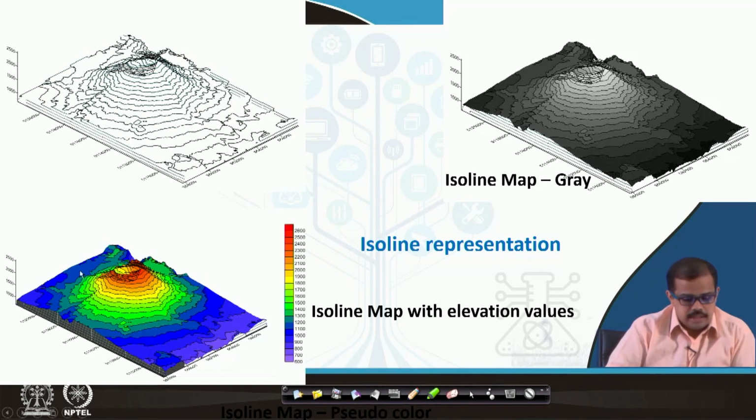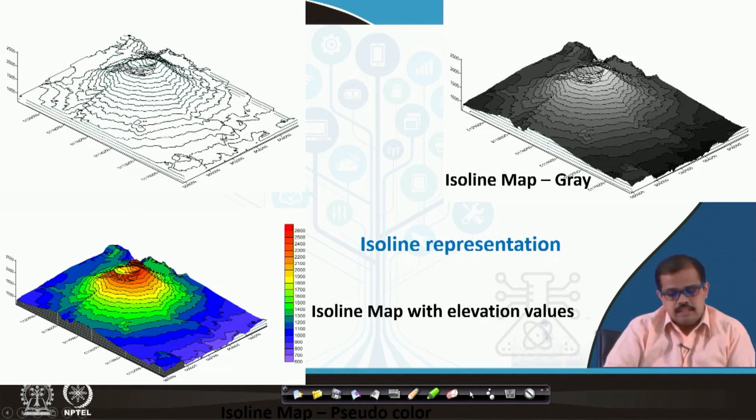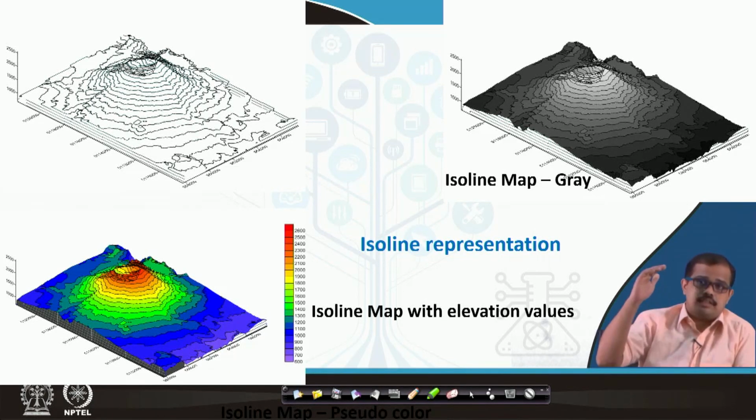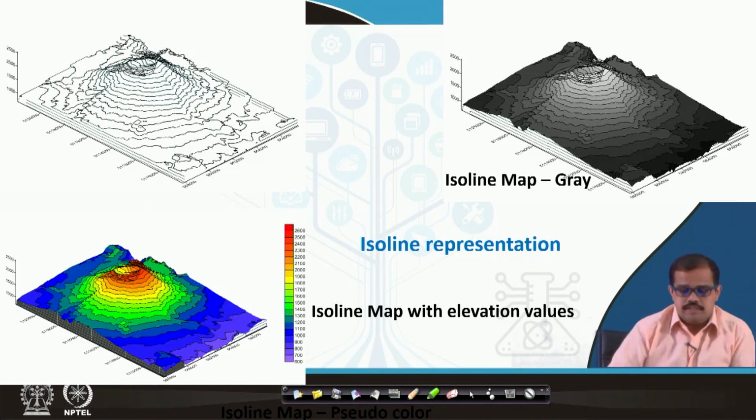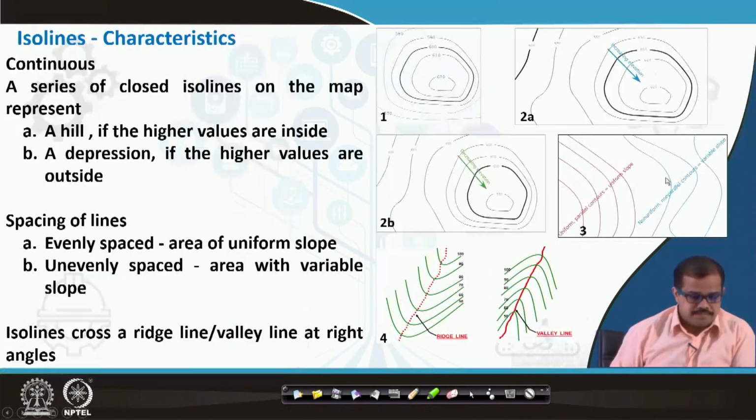So, you can see the elevation values have been added here. You can see these are the elevations. So, we have generated a thematic map so that you understand this, and this is a normal isoline representation, and this is in the gray value shades. So, you can see the lighter shades actually representing an elevation that is very high, and the ground at a lower elevation is represented in gray, complete gray or closer to black.